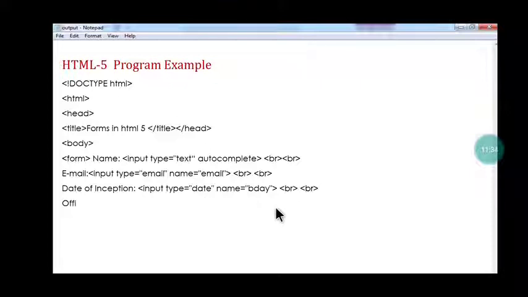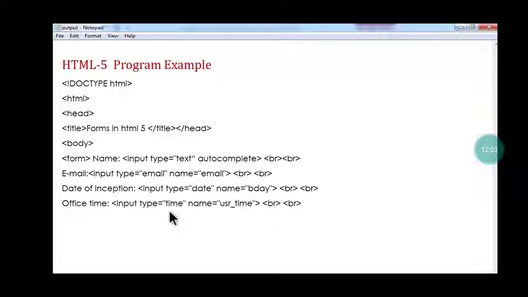Okay, the next is office time, this is also a label. So input type equal time. Just now we learned this attribute time, name user time, use the br tag, again the br tag. The time field will show the format to enter the time, where hour and minute will be displayed, and you can type the hour and minute.